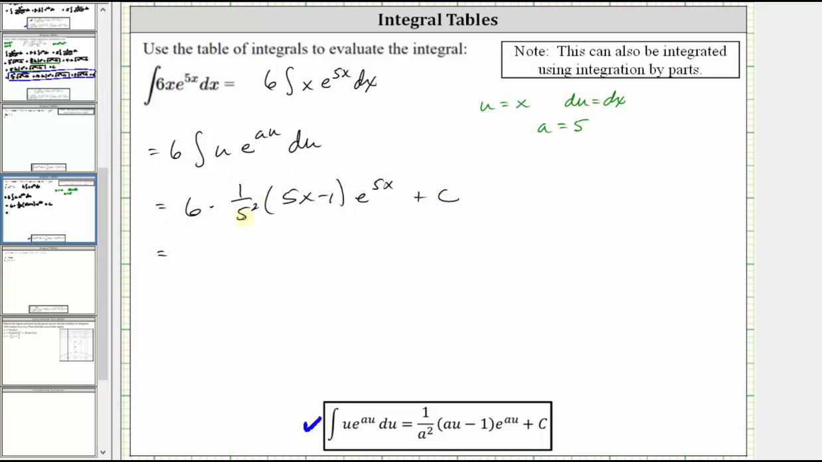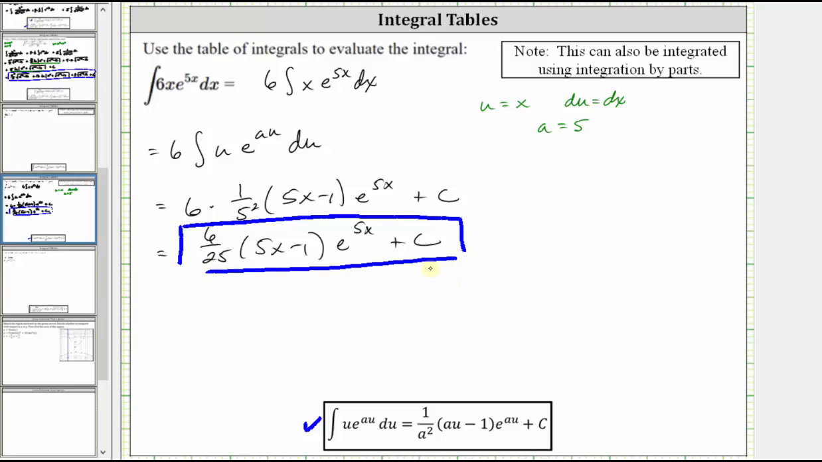Simplifying, we have 6/25 times the quantity 5x minus 1 times e to the power of 5x plus c. This is an acceptable form for the antiderivative. However, if we did apply the integration by parts formula, we would have the expanded form. Let's also show that. So let's first distribute the 6/25, which gives the quantity 30/25 x minus 6/25 times e